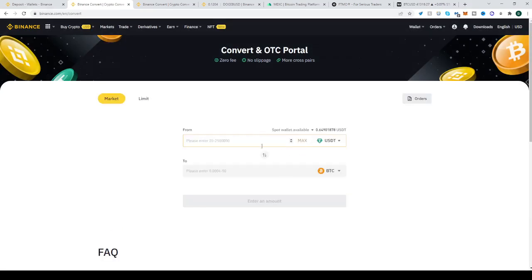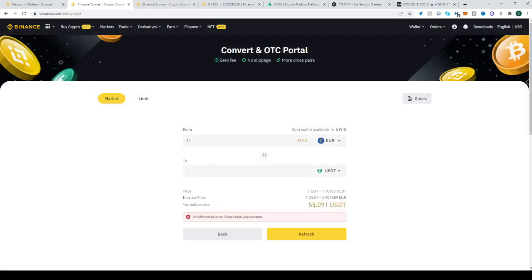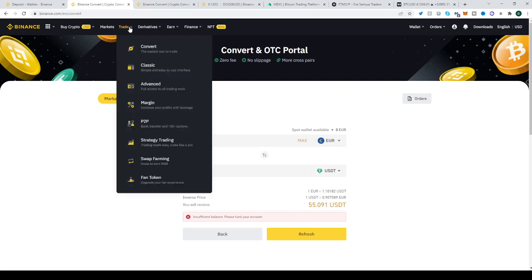and buy, for example, from euro to USDT, and let's say 50, or even USD. For example, just an example. Of course, you can always